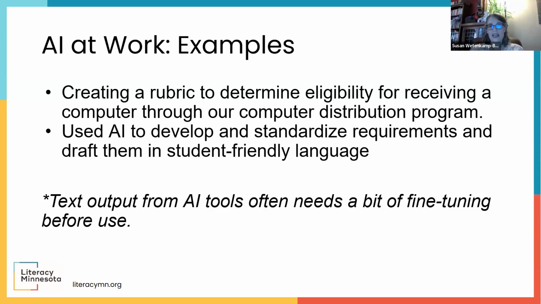So one of the things that does become clear when you do something complex like this is that text output from AI tools often needs a little bit of fine tuning. It's great for a first draft, but you might not want to use it exactly as is when it comes out of the generator. But if you are one of those people who often is looking at the document and that blinking cursor and you can't think of how to start or even get going with your writing, you can get a first draft very rapidly, and then from there you can tweak it and make it into exactly what you're looking for.